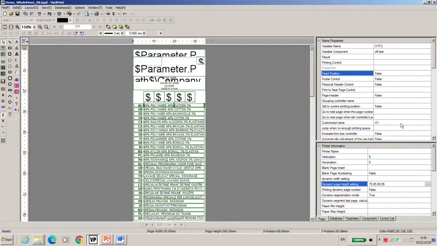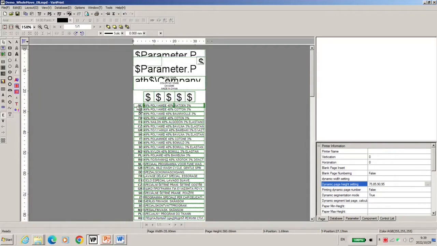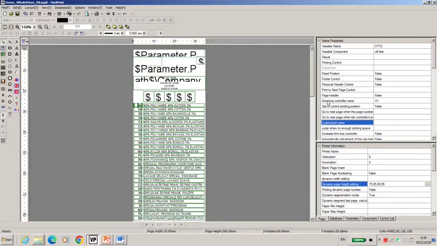Another very important setting is that we give a name. For example, here I give A1, and here is the country code, grouping control name A1. These two boxes for the country code use the global control name A1, and for this box we use the custom name A1.